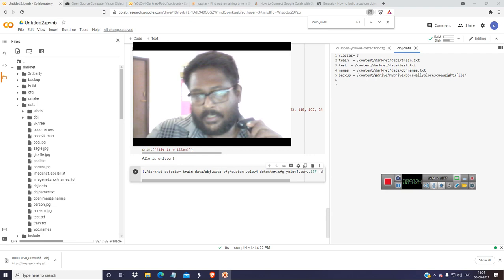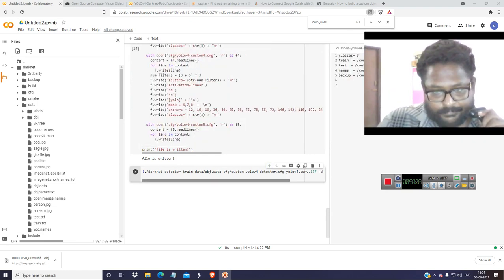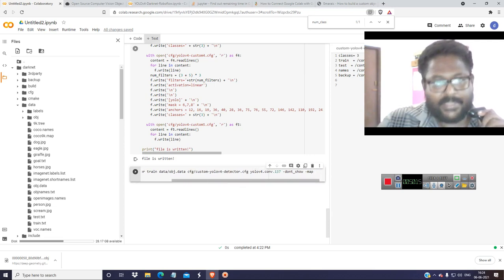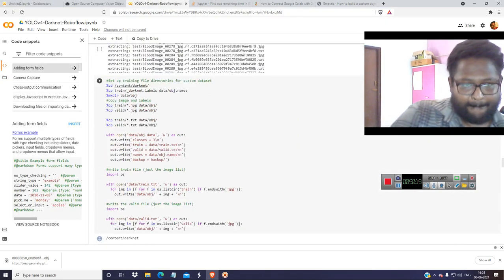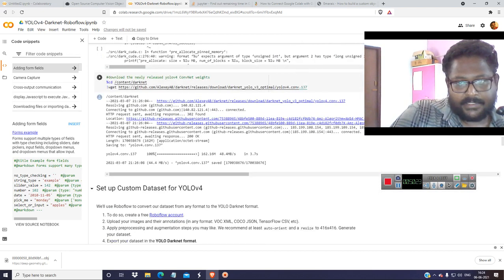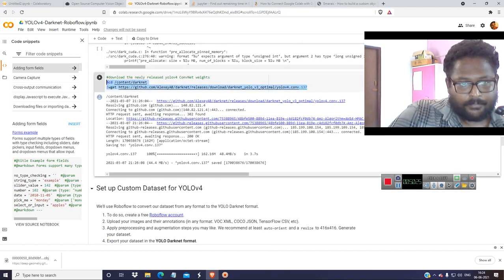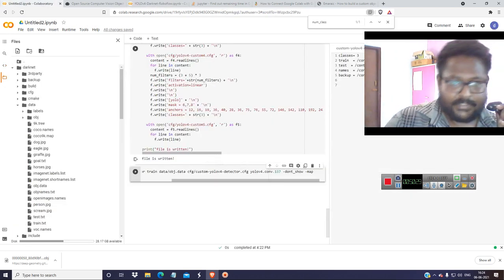Your train.txt, test2.txt, everything has been given correctly, and in the CFG there is custom detector, and we have missed only a single point, this weights file. So you have to download this weights file, and copy this thing, Control C.